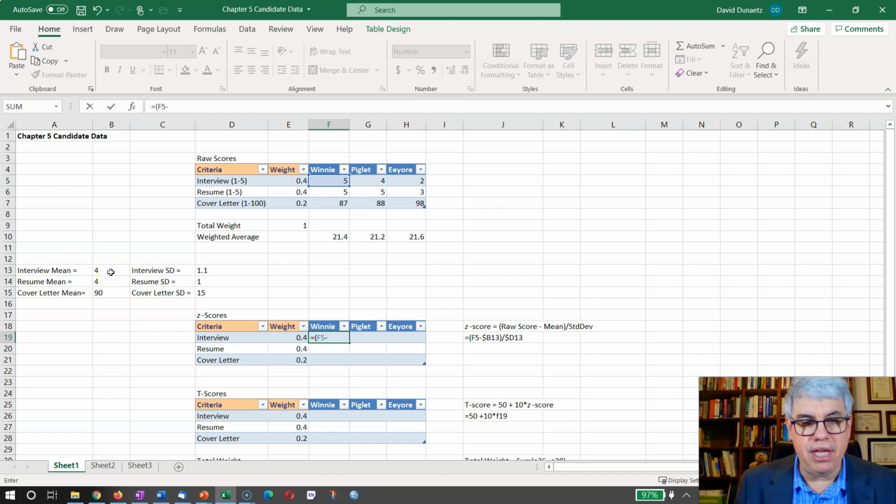Now, I could put that in as an absolute reference, $B$13, but I'm going to do it as a semi-absolute reference because we've got a bunch of means we're going to calculate, and they're all in column B, but here it's in 13, 14, and 15. And here we've got the same order. This would correspond to 13, 14, and 15 here. So I'm going to put the $ sign only on the B, but not on the 13. So I close the parentheses, and then I'm going to divide it by the